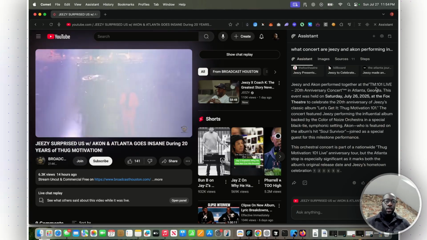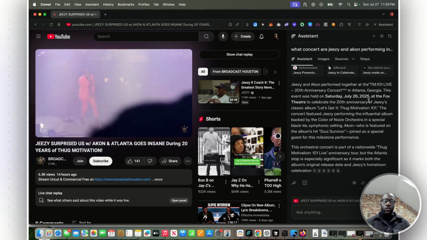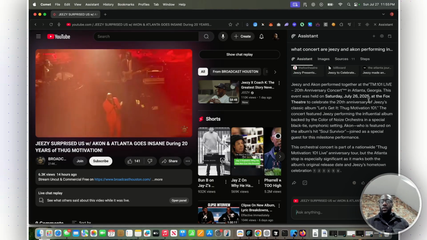Jeezy and Akon performed together at the TM101 Live 50th anniversary concert in Atlanta, and so this can be used for really any sort of scenario, right?